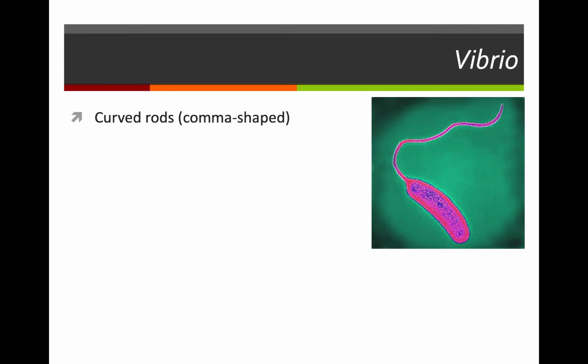They have this kind of curved, rod-shaped bacterium, sometimes called comma shape, and you can see the polar flagella here, meaning they are motile. They can move through, especially water. They can grow anywhere from 14 to 40 degrees C, and they do require salt. They're considered to be kind of halotolerant or halophilic.